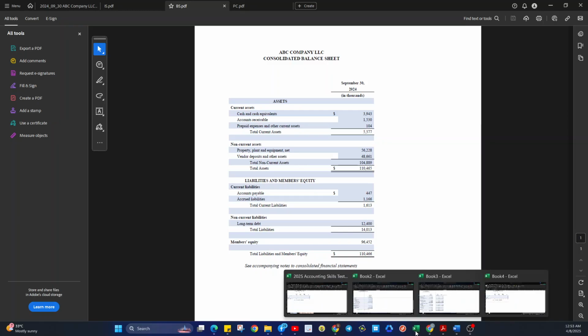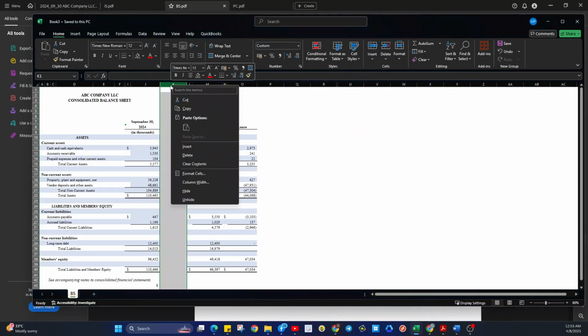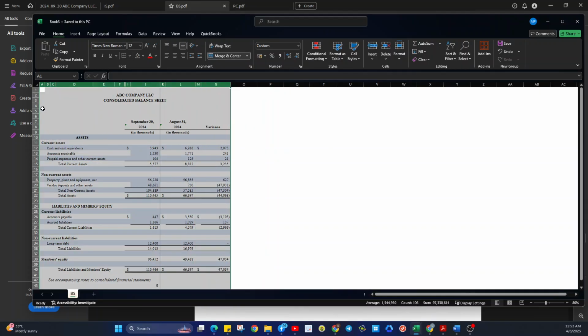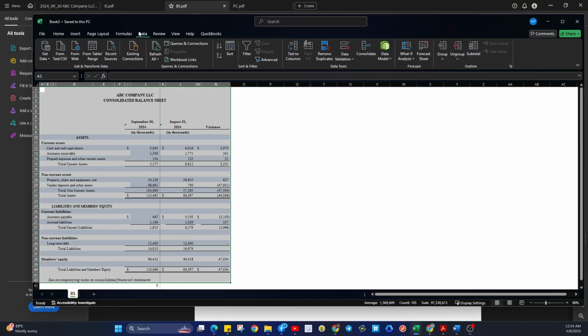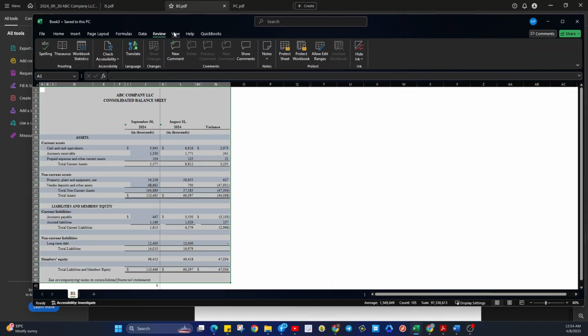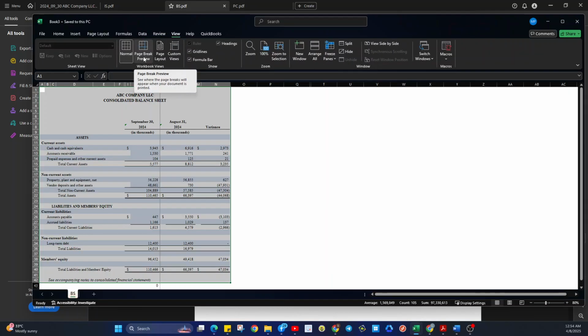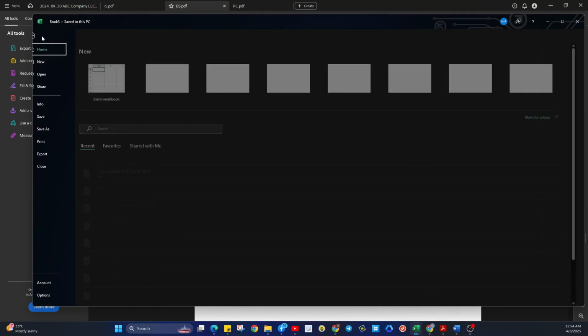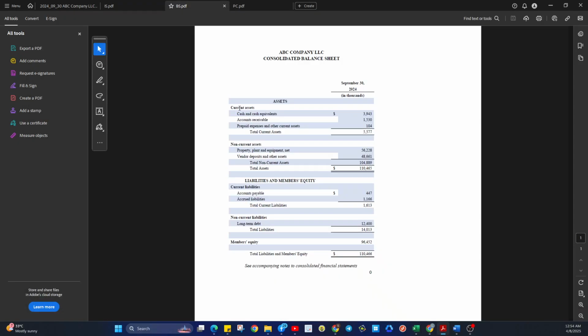Where is the balance sheet? This one. Delete. And then there. Gotcha. Then file. Let us close the balance sheet here.